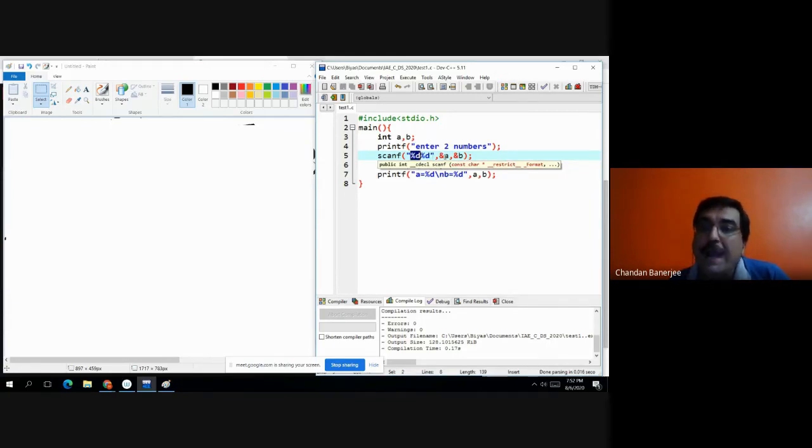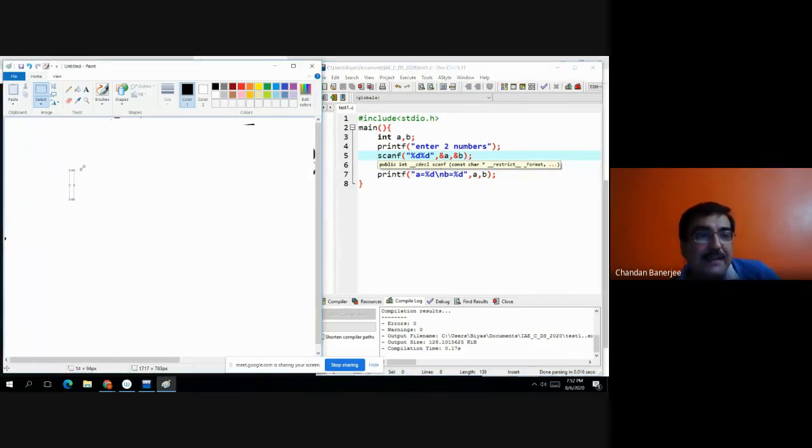Here, what does ampersand mean? Ampersand means address. Look at the left hand side. A will occupy some memory space, as I have already discussed in the starting.